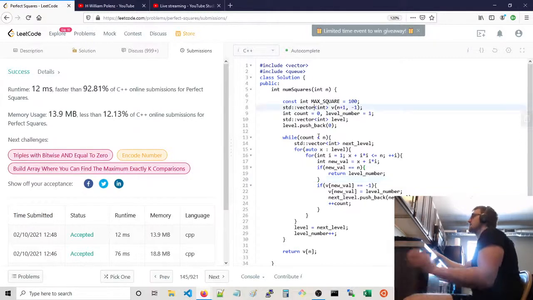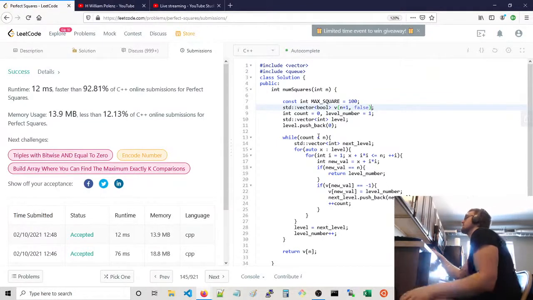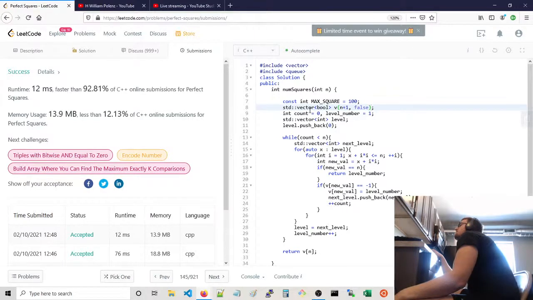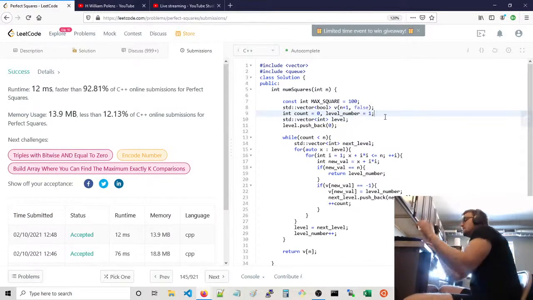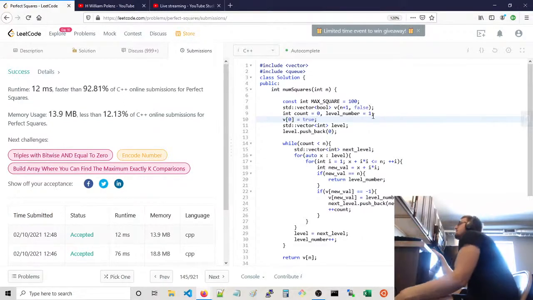All right, now how about this? Use Booleans, and you say false, and you say v of 0 equals true. And now you say same kind of deal, except now you terminate early. And you say if a new val, which is